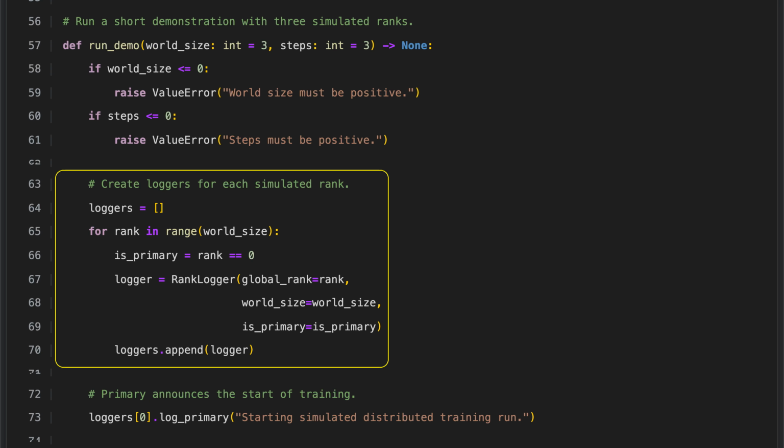We begin by creating a list that will store a logger for each simulated rank in the distributed system. We then loop over all ranks in the world size and check whether the current rank is 0, which identifies it as the primary rank with special logging duties. For each rank, we create a rank logger instance using its rank, the total number of ranks, and whether it is the primary rank. Each logger is added to the list, so they are all ready to use in the